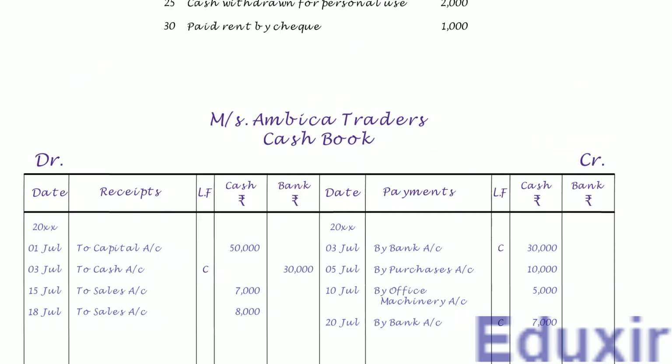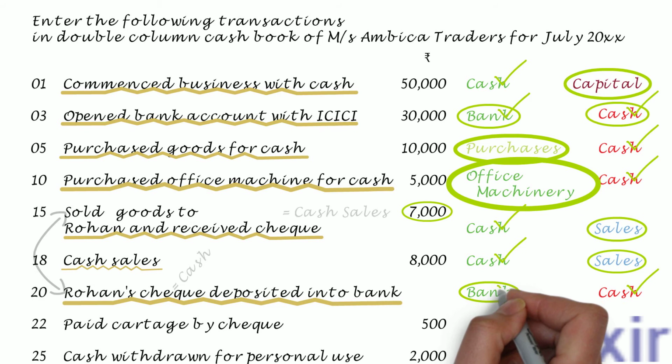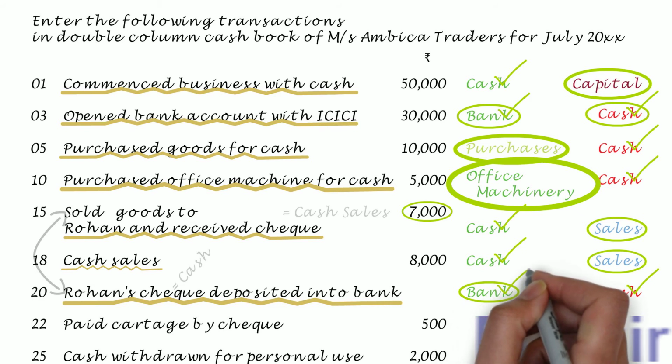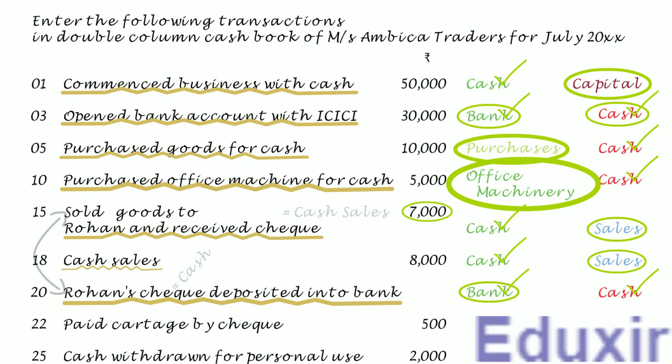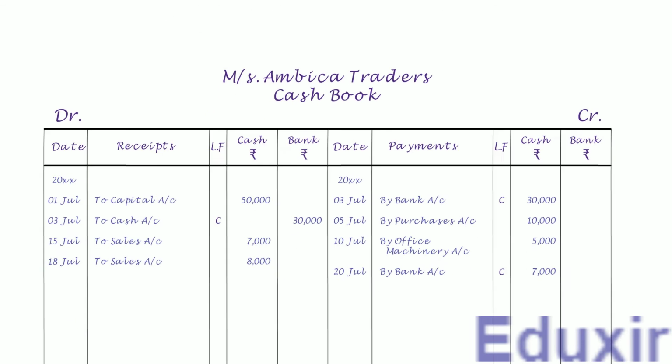In this case, as you can see, the bank is on the debit side. So it needs to be posted on the debit or receipt side of the cash book in the bank column. Note that the particulars that need to be posted into the receipts column of the cash book is cash account. With this analysis at our disposal, let us proceed with posting this entry on the debit or receipt side of the cash book. Let us first record the date.